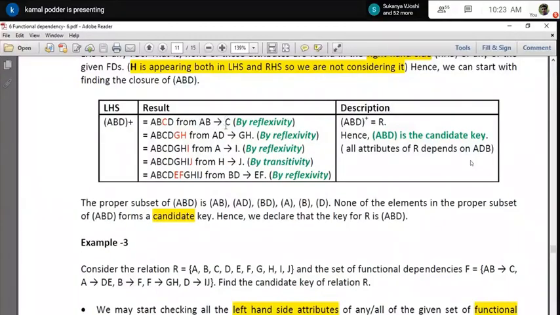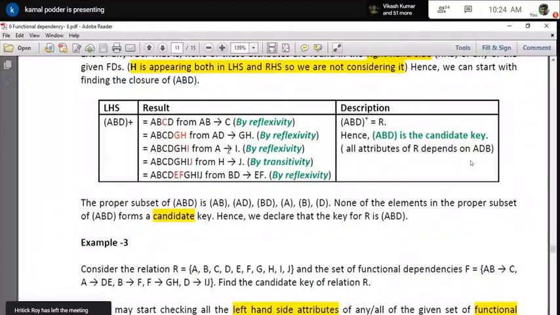We understand ABC from the beginning, C is basically dependent on AB. Then as per that algorithm, if AB is already in the result set, then you include the C. So I have started with the result set of ABD. So AB is already there, so I will include this. That is the reason I have shown it in a different color. Okay, now come to the second one, ADHG. So AD is already there, so HG will be included.